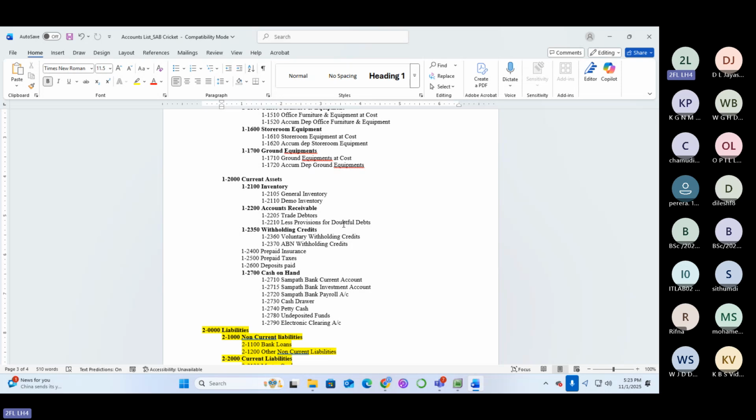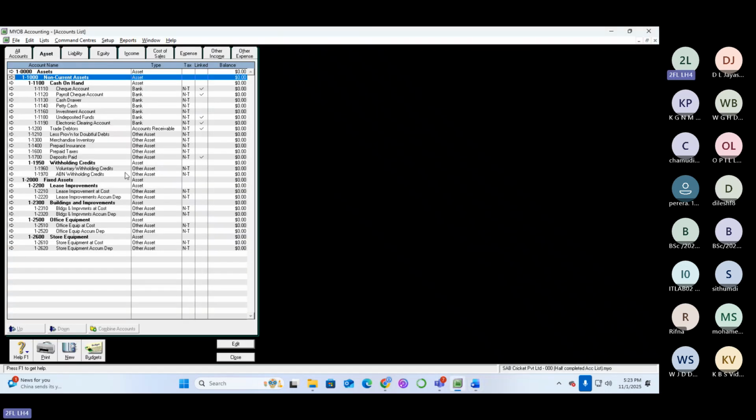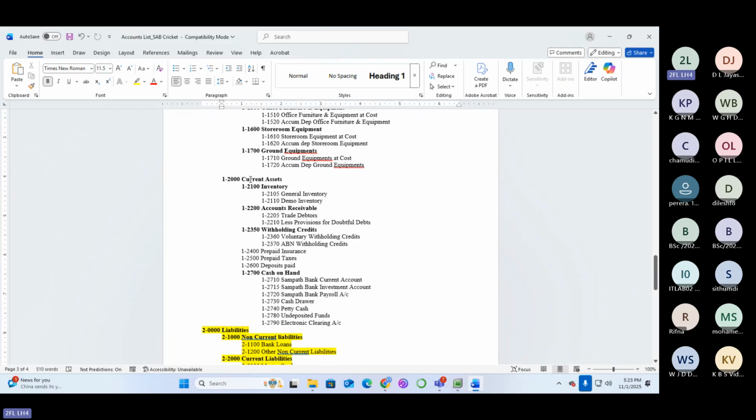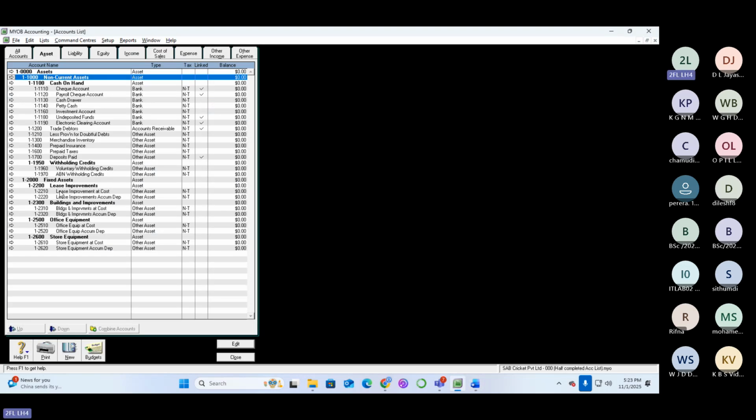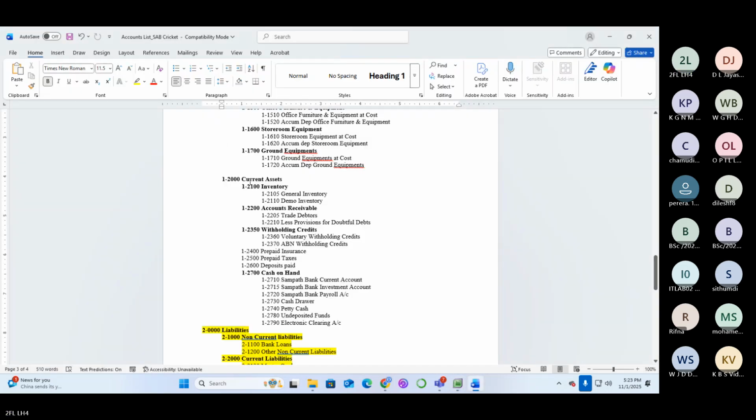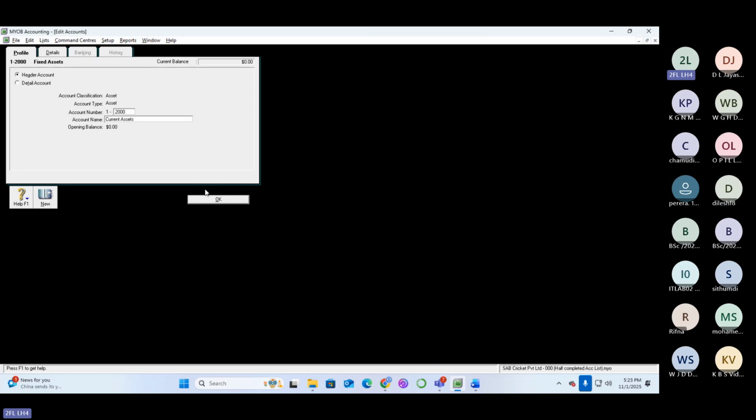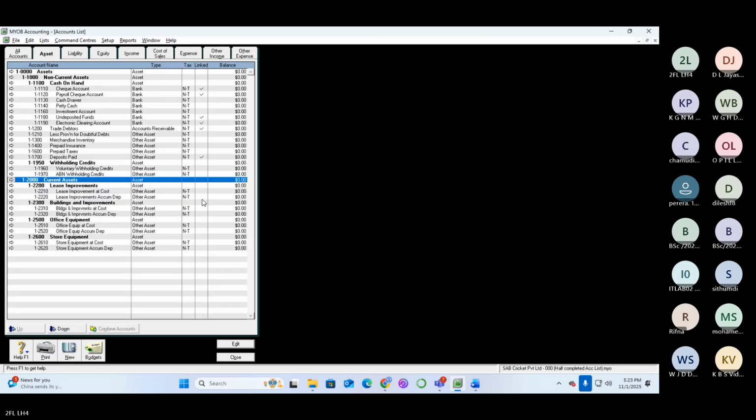Here, if you look at the current assets category, okay, current assets is starting. The number for current assets is 1-2000. So we will change the fixed assets here to current assets, because 1-2000 is fixed assets here, so we will change it to current assets. Current assets. Okay. And then